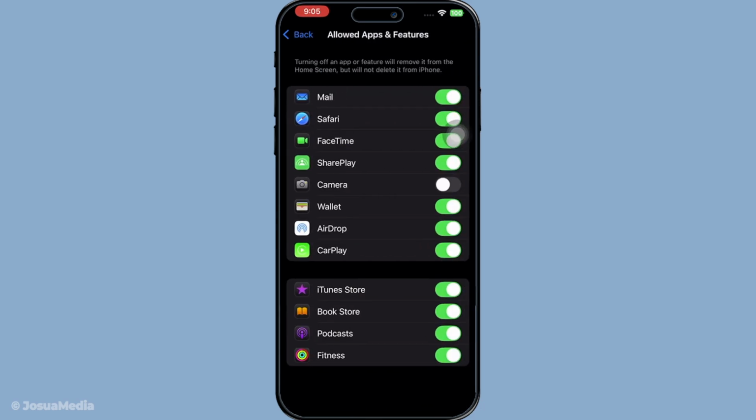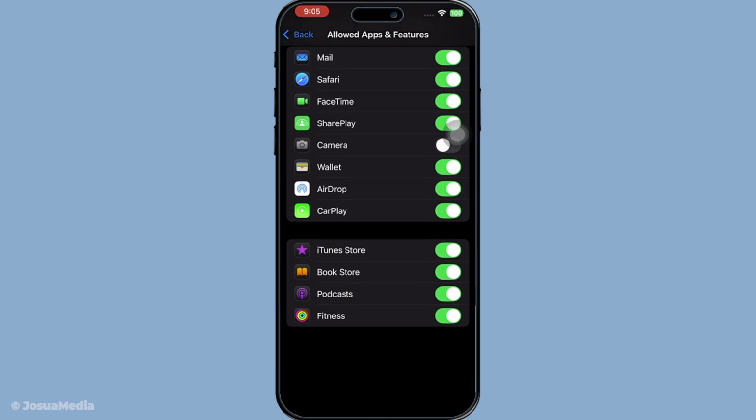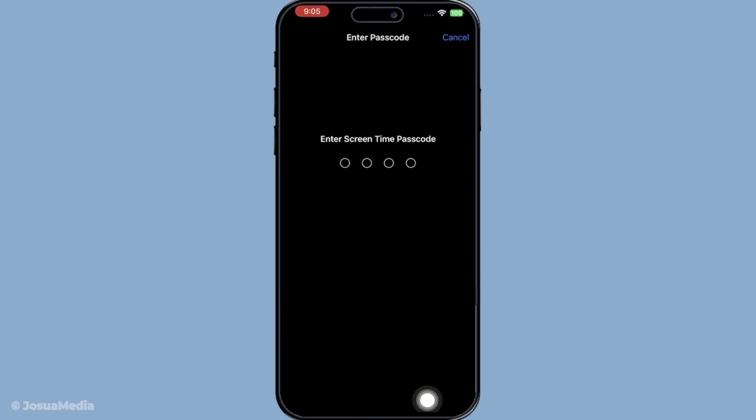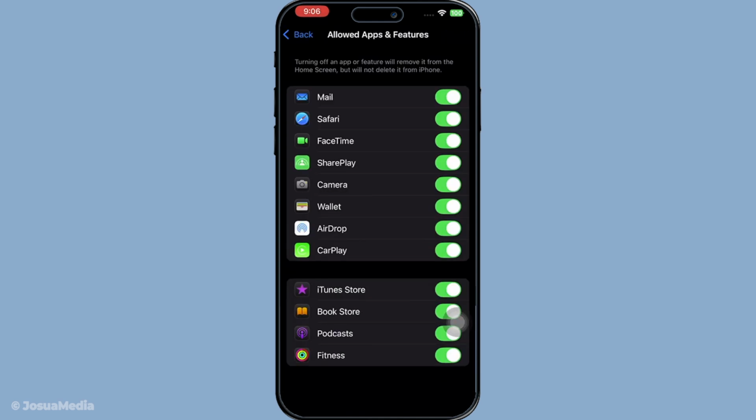This is where Apple lets you control which built-in apps are allowed to show or be used on your device, so if something is missing, it's usually managed here. Now look for Camera in the list and make sure the toggle is turned on. As soon as you enable it, the camera app should instantly become available again on your home screen or app